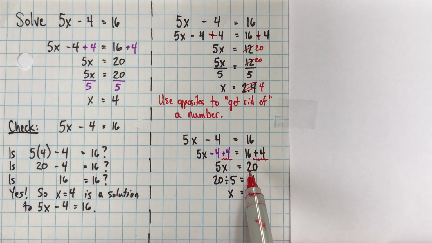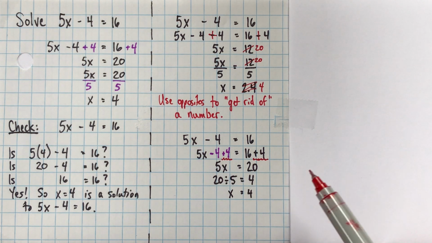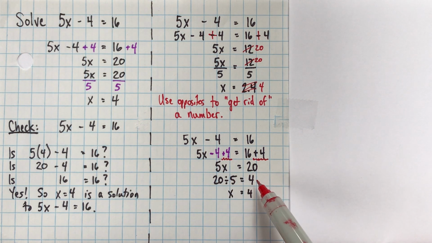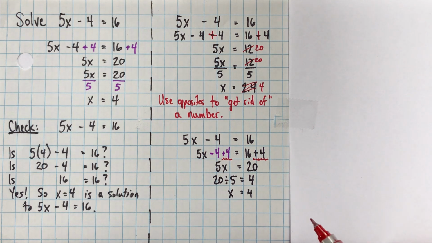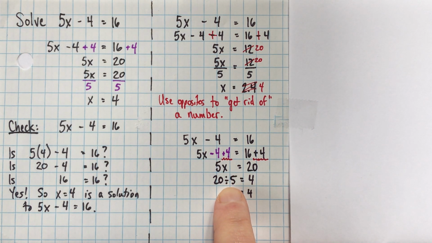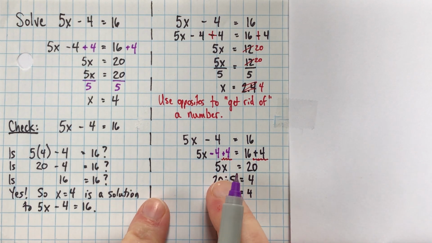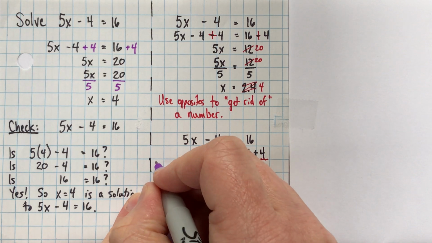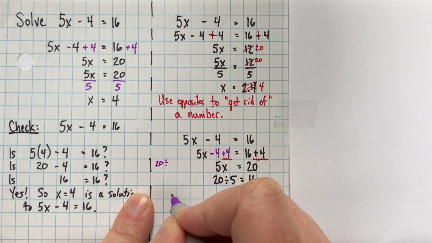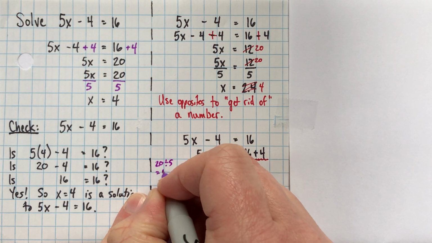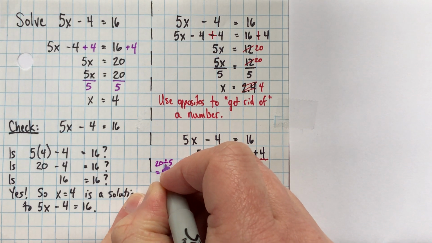And then we get down to 5x equals 20. And then the student is thinking 20 divided by 5 equals 4. So this is absolutely correct. I would rather actually not see this. Or if you'd like to show it, because maybe especially if the numbers were bigger, you might just be thinking it and you might want to write it down. I'd rather maybe see it off in a margin somewhere, 20 divided by 5 equals 4, if you want to